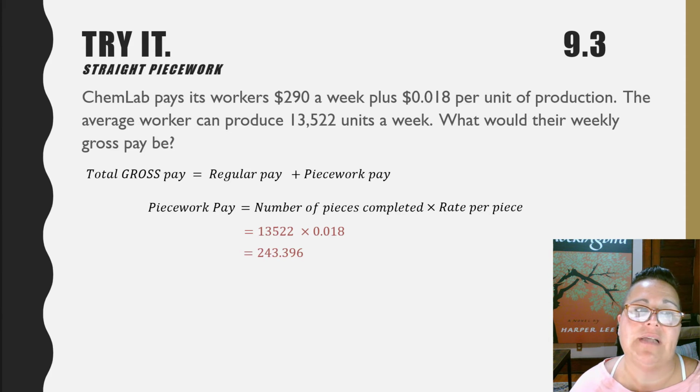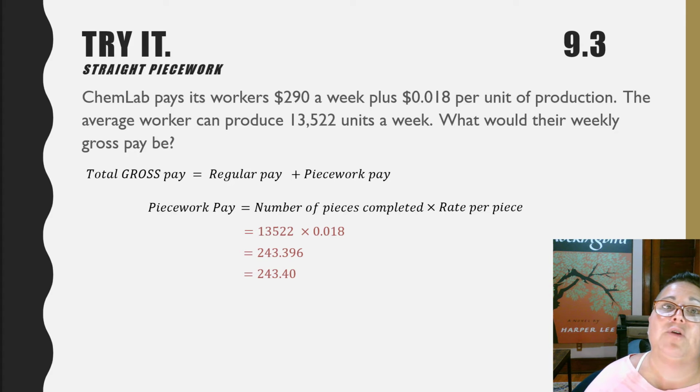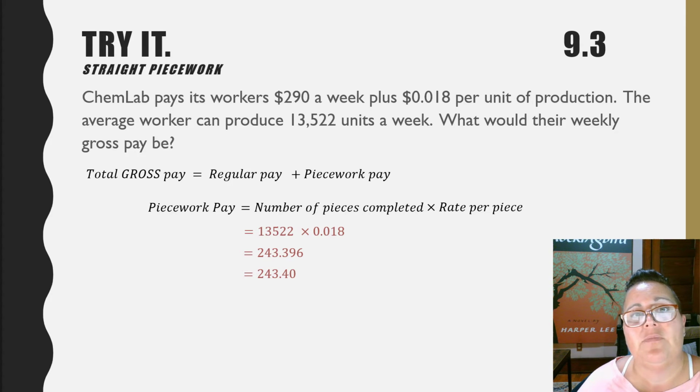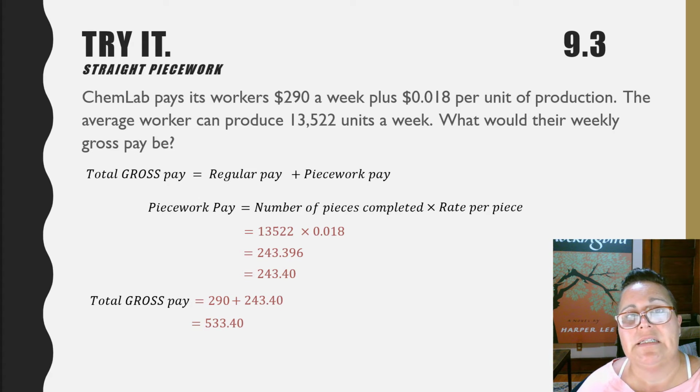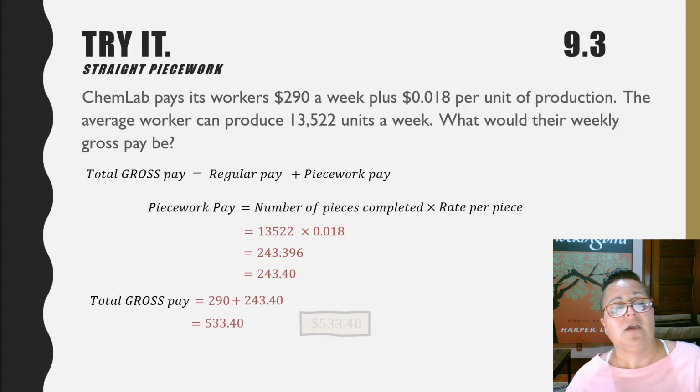If we multiply those out, we get $243.396. Rounding that to the nearest hundredth, because it's money, that would be $243.40. When we add that to their base pay of $290, we get $533.40. So their weekly gross pay would be